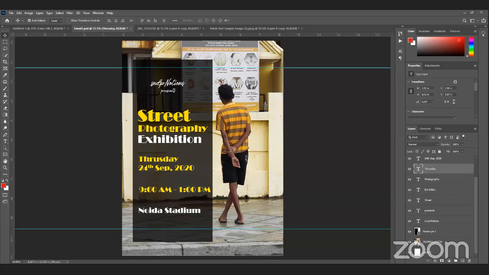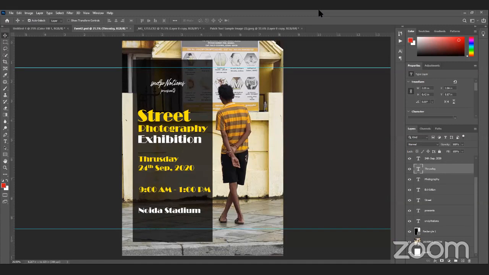So we do have some questions too. Somebody wants to know how to create a clickable link in the poster. A clickable link in Photoshop is not possible because Photoshop just creates a JPEG that will be embedded. But that is possible with a PDF. A PDF can help you out with clickable links, but Photoshop cannot do it. So this is a very good question.